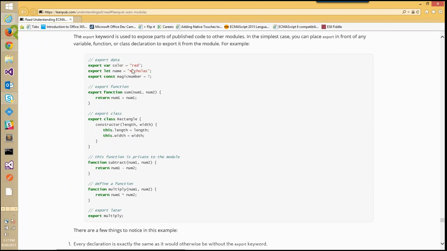As you can see here, I can create a JavaScript file, give it some name. I will say export var color is equal to red, export let name is equal to Nicholas, export const magic number. Now all these three are available in some other file for me because I've exported them as a module